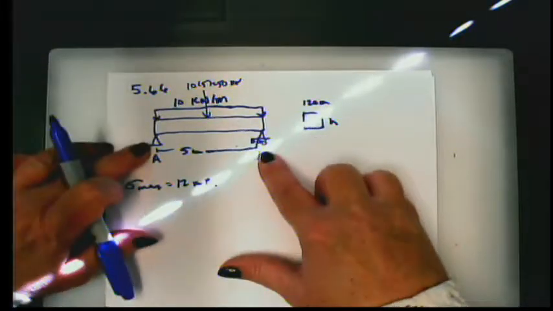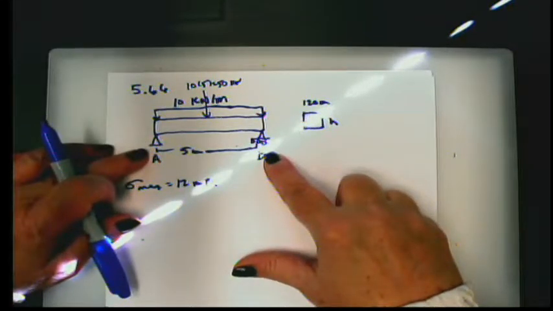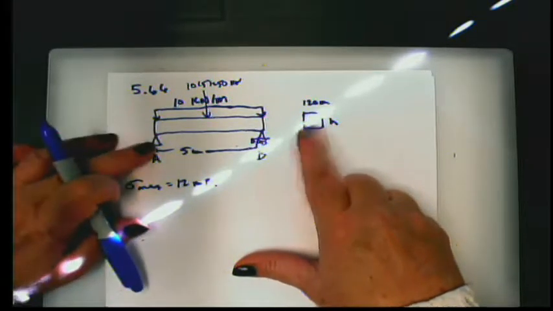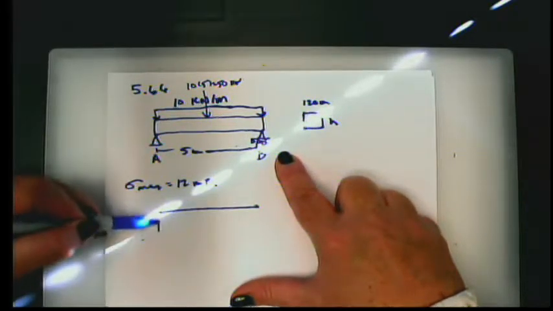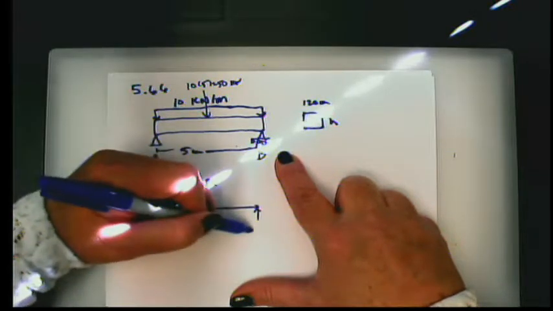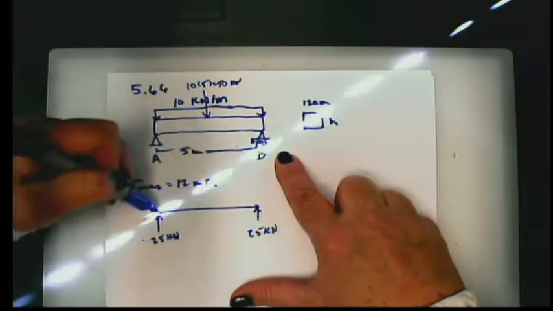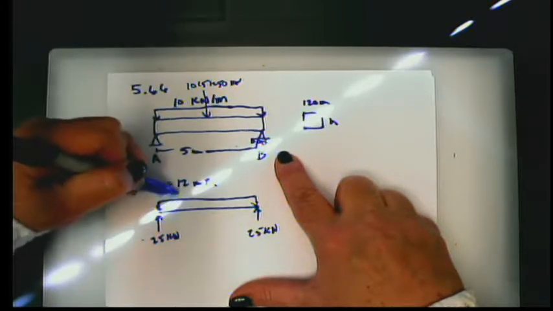That means A and B are going to have symmetrical loading, so this is going to be half and this is going to be half, or our load diagram is 25 kilonewtons, 25 kilonewtons,